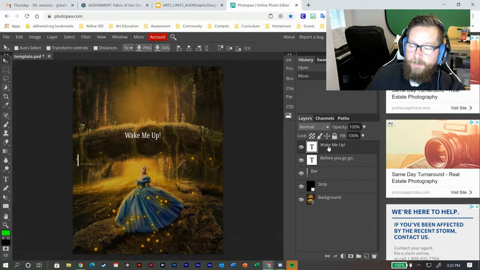So imagine this Wake Me Up is your top bun. Your background is your bottom bun. So as you go through, whatever is here is going to be on the top, whatever is here is going to be on the bottom. And so this, being your layers menu, corresponds to here